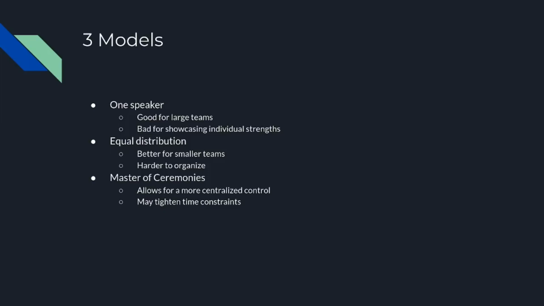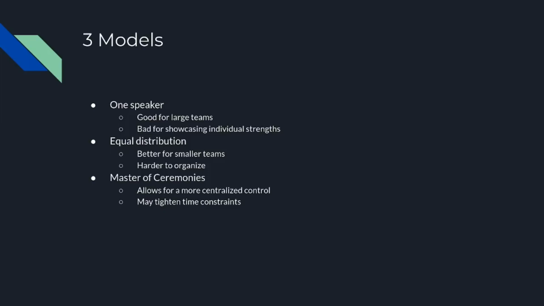As you can think, it may be harder to organize because it has to be organized beforehand, and it may be harder to organize at the moment how you want to change the presentation,